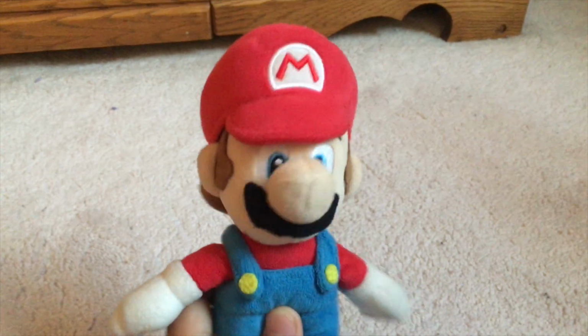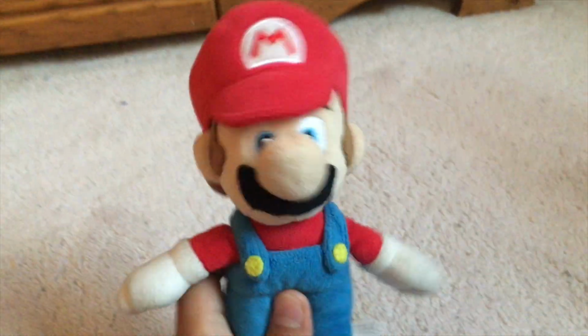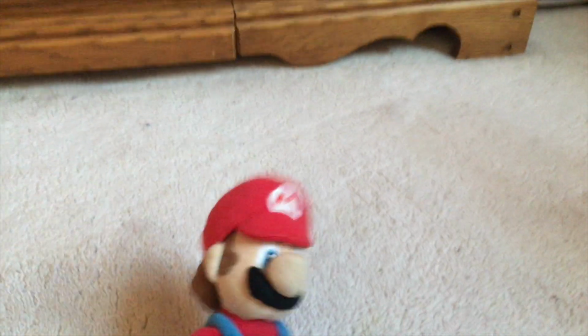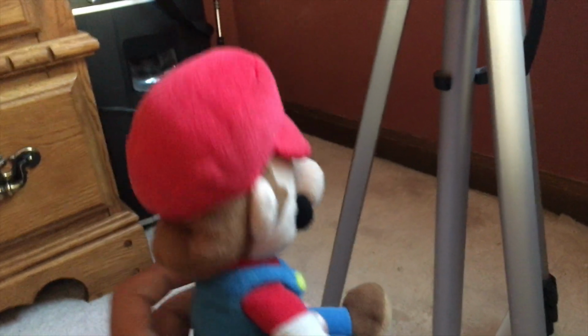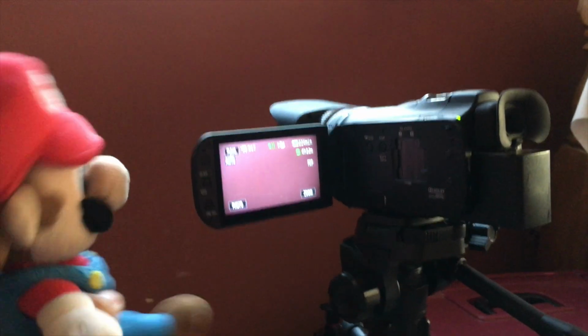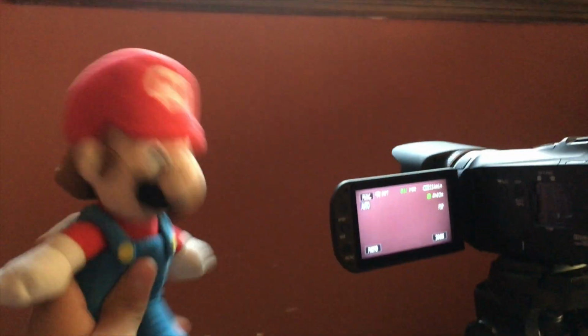And one more thing before we get started. If you're a solo player like me, if I want it done right, I'll do it by myself, then it's almost mandatory to get yourself one of these. This is a tripod. You put your camera on top of it, and well, yeah, mine's kind of broken, but you get the point. It holds your camera for you. So that helps a lot. There you go. Once you've got your camera all set up on your tripod, it's time to begin filming your